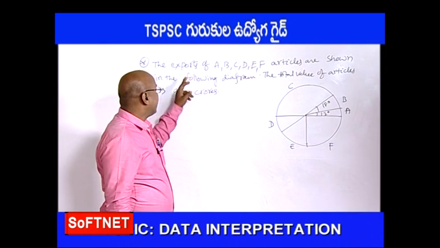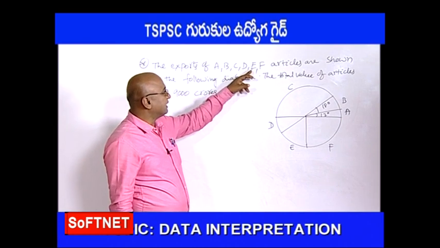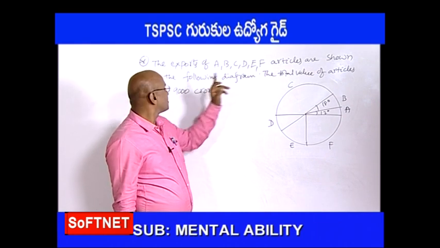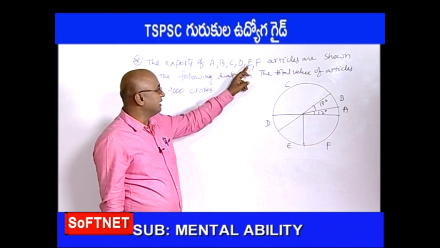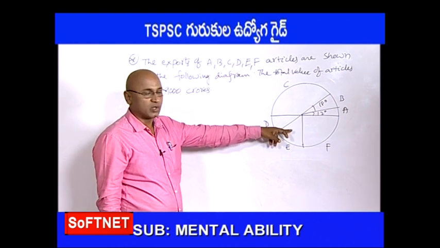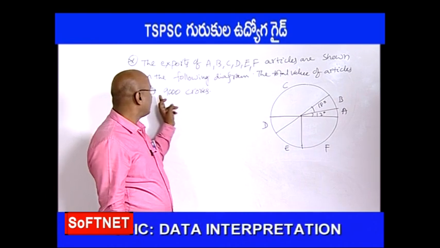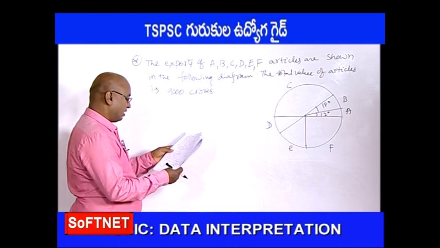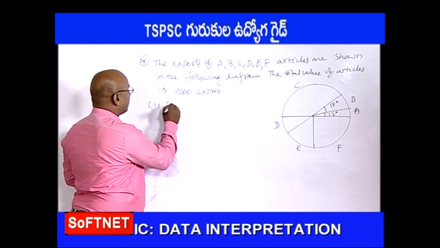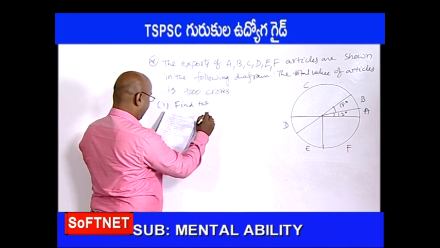Next problem, the exports of A, B, C, D, E and F articles are shown in the following diagram. In the pie diagram, A, B, C, D, E, F articles have been shown, and the total value of the articles is also given. It is 9,000 crores rupees. Then the first question is, find the angles of